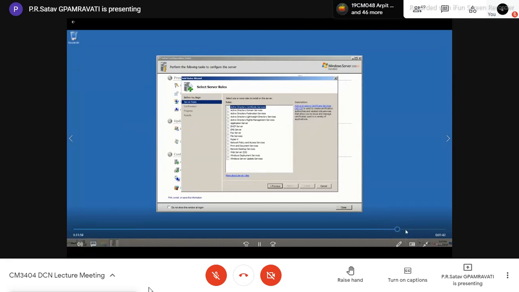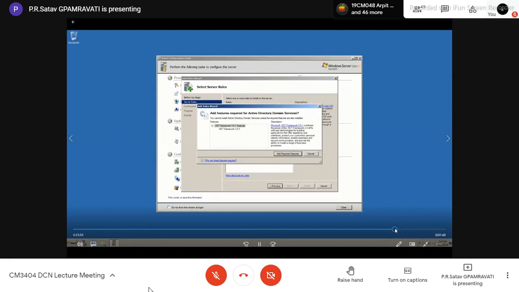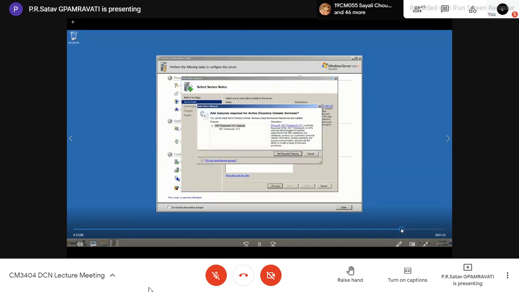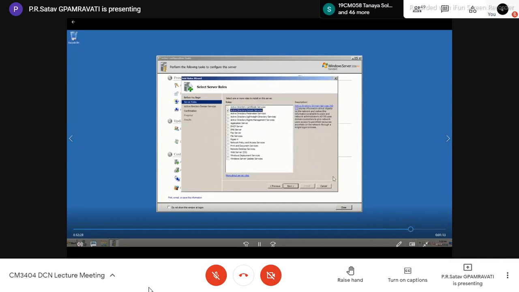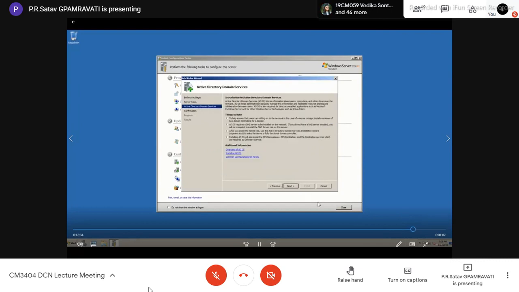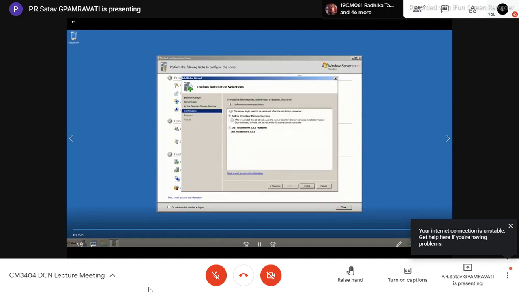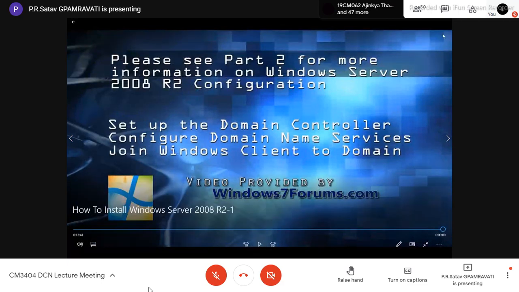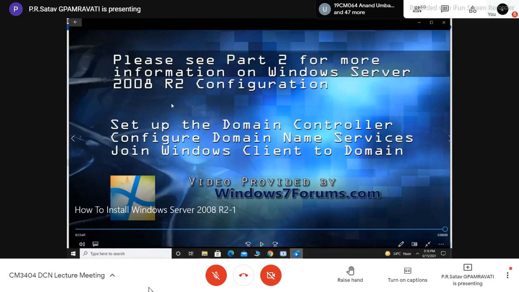See here, the Active Directory certificate services, how it will work. When Active Directory Domain Services are installed, it requires the .NET Framework, so that will be installed. In a similar fashion, you can add other roles, so that this system works as a server, meaning it will provide IP addresses dynamically if we use a DHCP server.